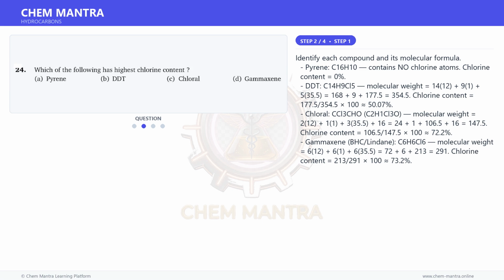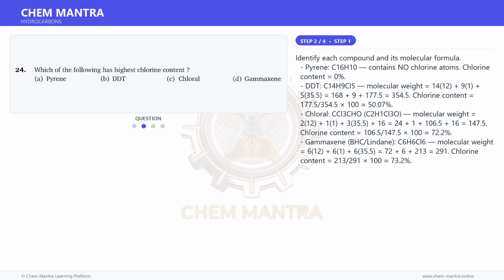C2H1Cl3O, molecular weight is equal to 2 times 12, plus 1 times 1, plus 3 times 35.5, plus 16, is equal to 24 plus 1 plus 106.5 plus 16 is equal to 147.5. Chlorine content is equal to 106.5 over 147.5 times 100, which is 72.2%. Gamaxine, BHC lindane,